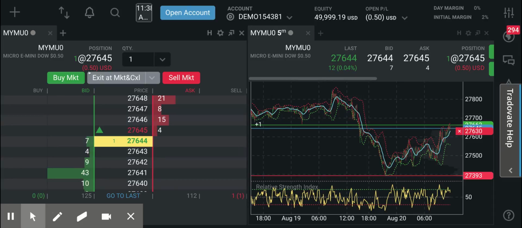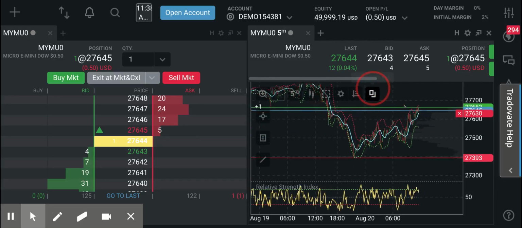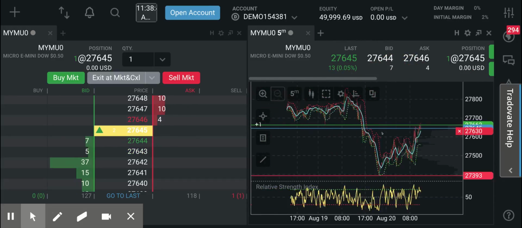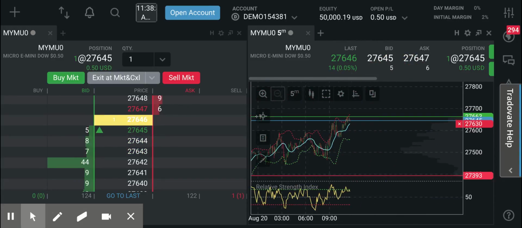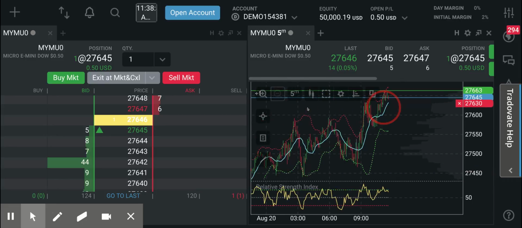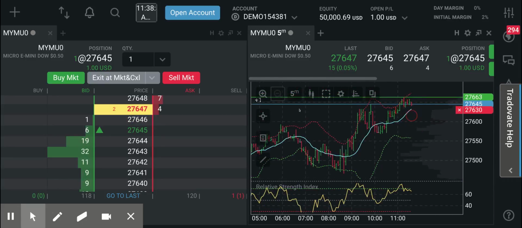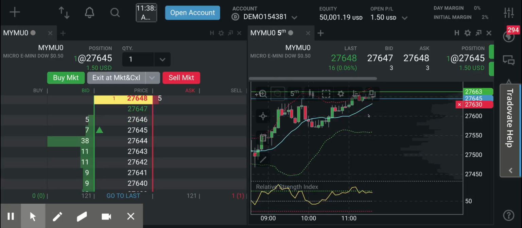But what we're doing here is, notice that I'm in at 27,645, and I'm playing the breakout. Now, I'm not really a breakout trader. I primarily like to short commodities once they hit a certain level of resistance. But just for training purposes, if you look right here, we see that the actual daily spread is 27,630